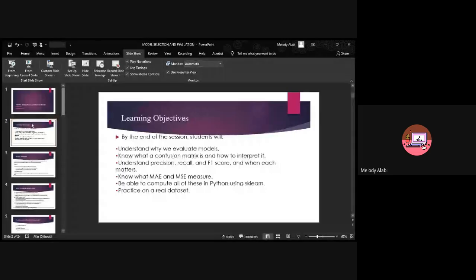Okay, so the learning objectives for today is to understand why we evaluate and select models. Is everybody right on track with me? Yeah, your screen is back now. Is it clear? Yes, it is. Okay. So by the end of the session, our students will be able to understand